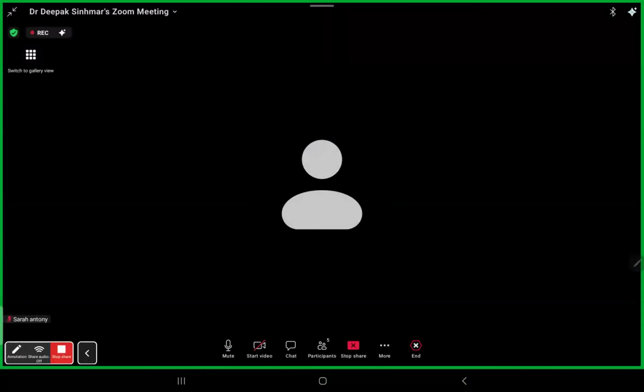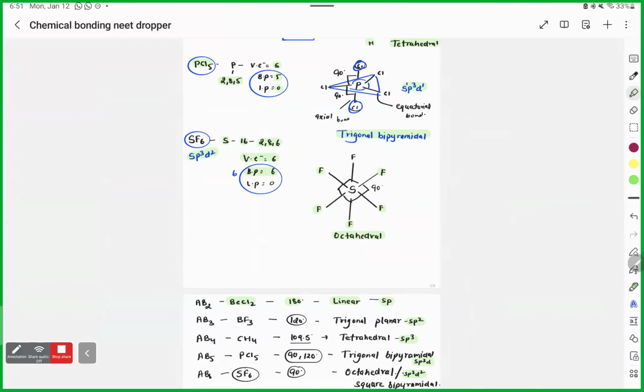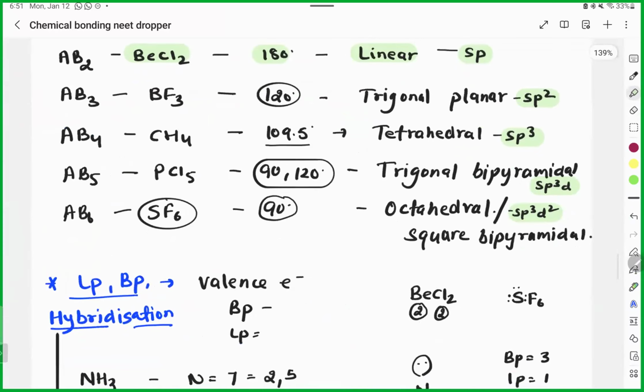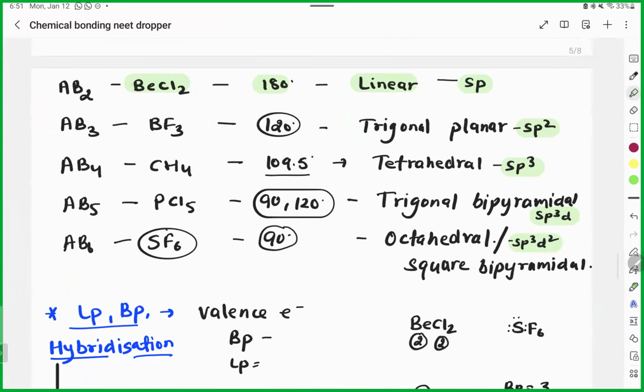I already said this and we discussed this. Okay, if you take the BCl2 example, the angle will be 180 degrees between the two bonds, the shape is linear, and it will be sp. Not only here,